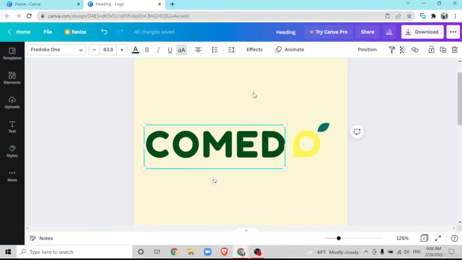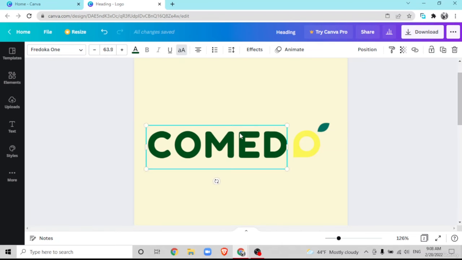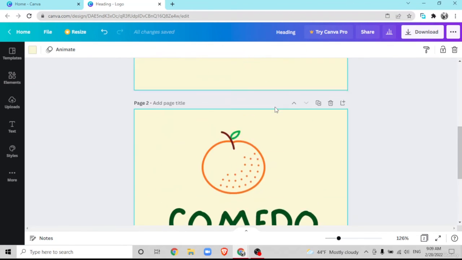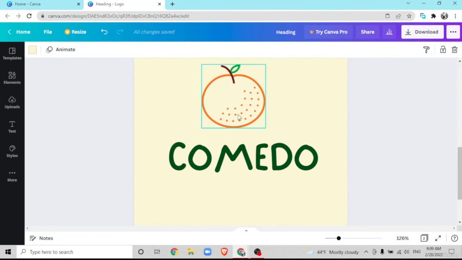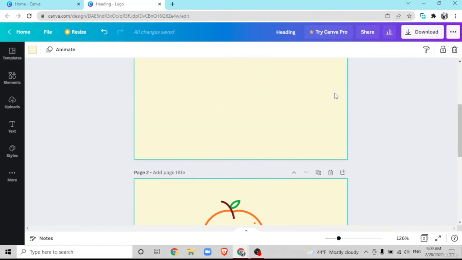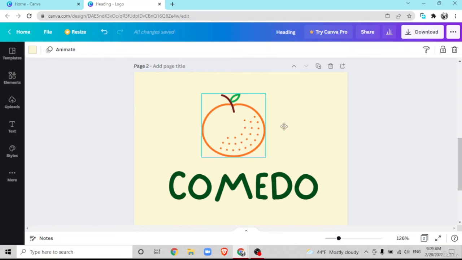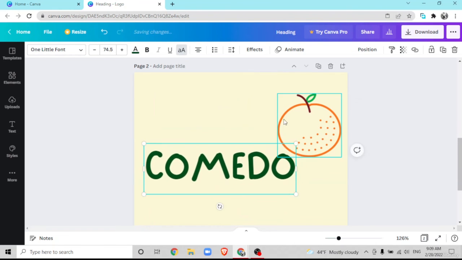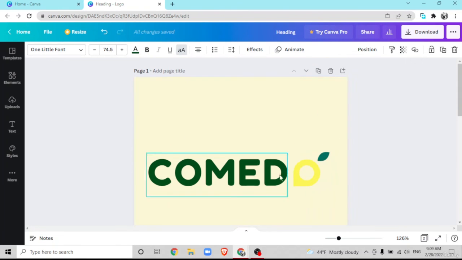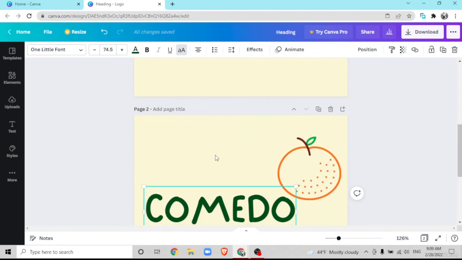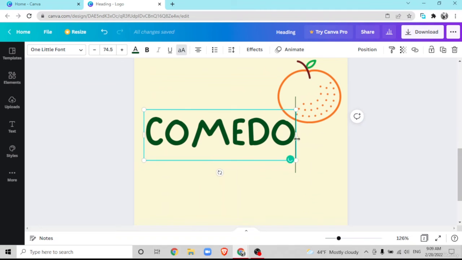This is one option that I have, but as you guys saw, I saved one that looks completely different, and that's because I do need to experiment with different fonts and different styles, so I always have options to turn back to in case I change my mind. And I like the concept of having the element within the text, and I'm going to try to do that here as well. So I'm going to